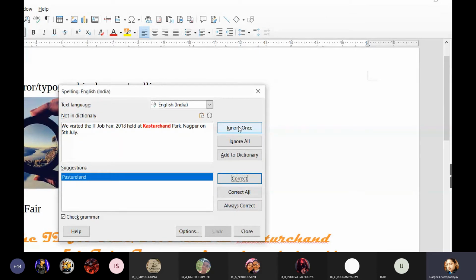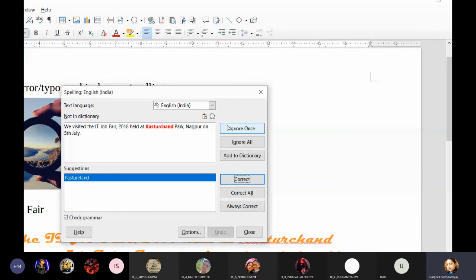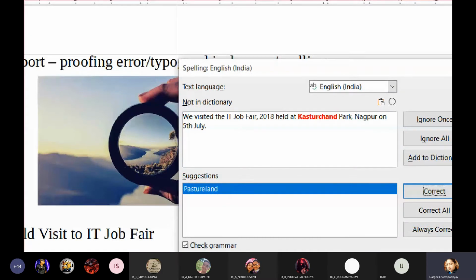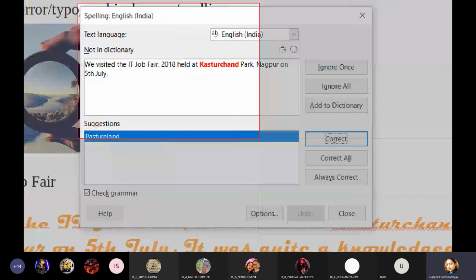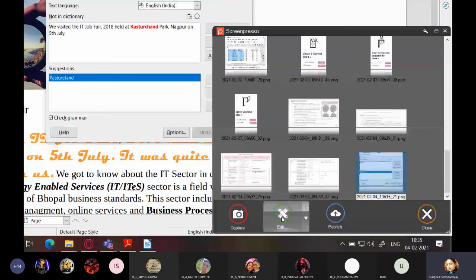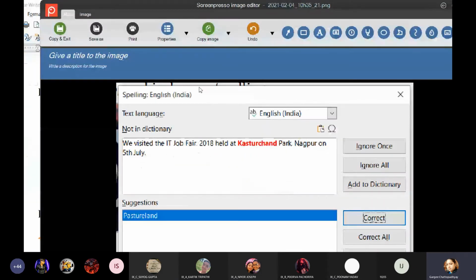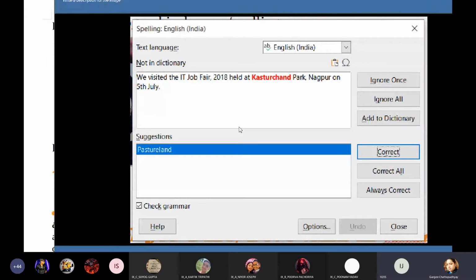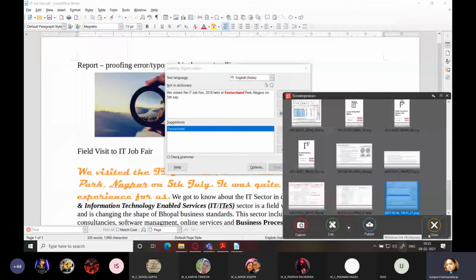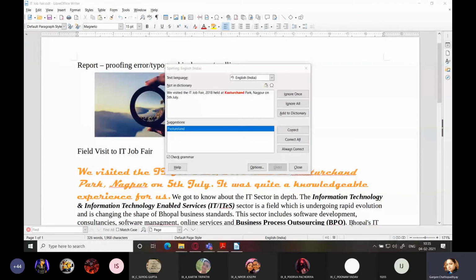Now, what will happen with Ignore Once? Let me give you an idea about this. We have already done this. If you remember, we have already done this in MS Word. The same kind of dialog box appears in MS Word. Have you seen it in MS Word, everybody? Do you find that it is very difficult or something out of the blue which you are studying? I don't think so.